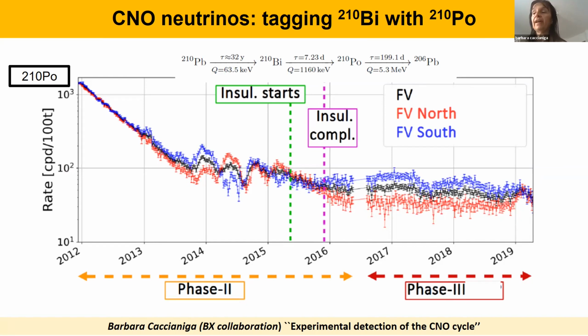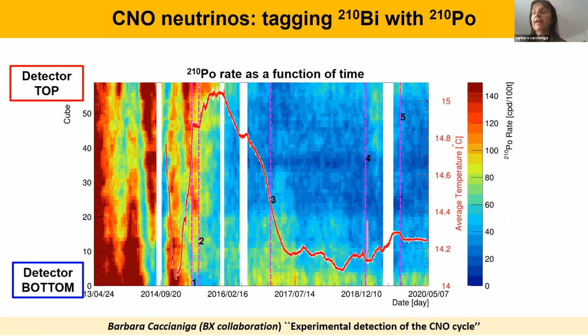I can try to explain it. On the x-axis, you can see the time. On the y-axis is the vertical direction, so on the top, the detector top, and on the bottom, the detector bottom. And the color code is the amount of polonium. Red means a lot of polonium, blue means little polonium. So you can see that before insulation, there were big injections of polonium, which had a really seasonal dependence. After insulation, this has reduced a lot, even though there is still some injection, as you can see from the